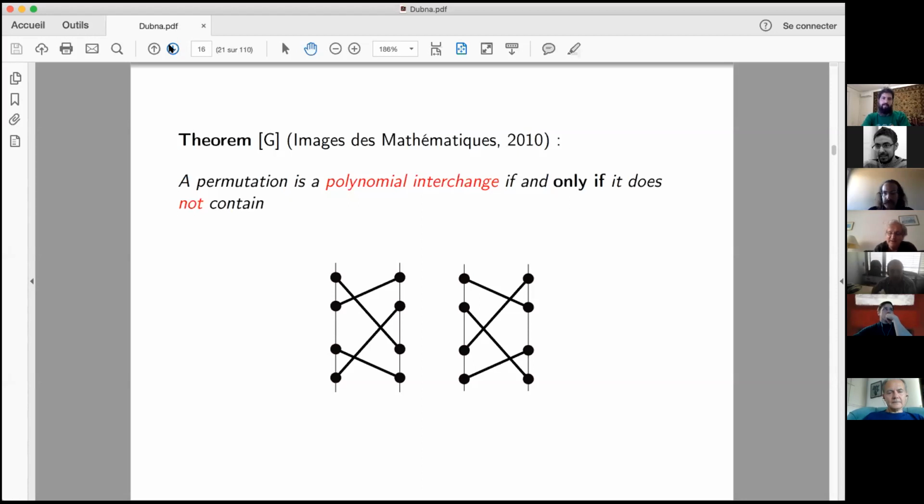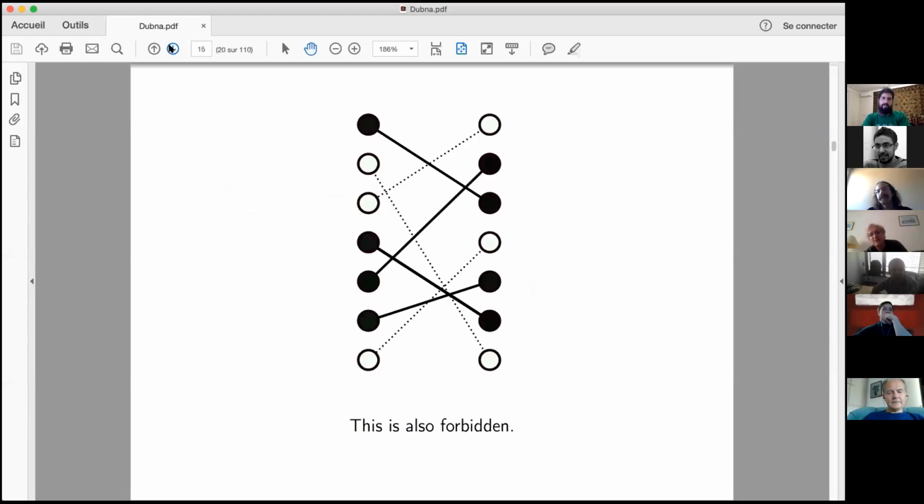When I say contain, here is an example. You have here a permutation with 7 objects, and you see I drew in black 4 points, and you see that these 4 points are permuted in the same way as the forbidden permutation by Conceivage. This does not mean that the 4 points are preserved by the permutation, but it is clear that if a permutation contains a forbidden permutation, then it has to be also forbidden for obvious reasons.